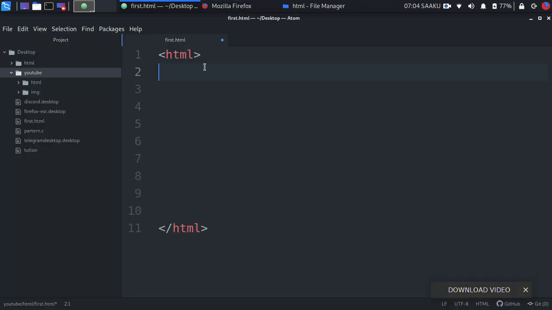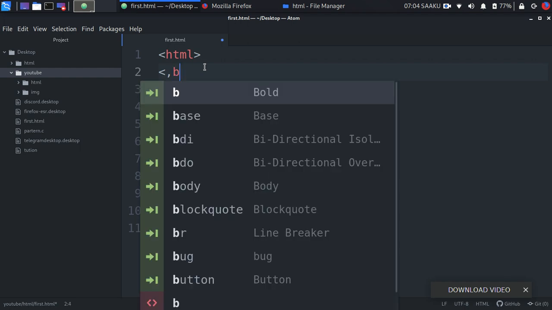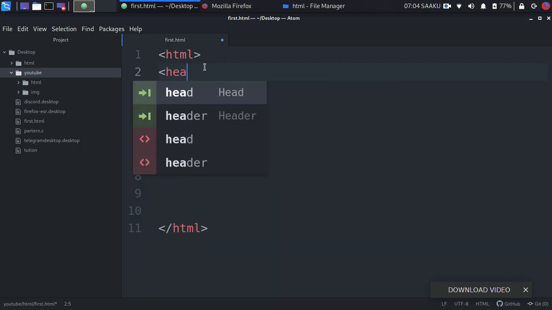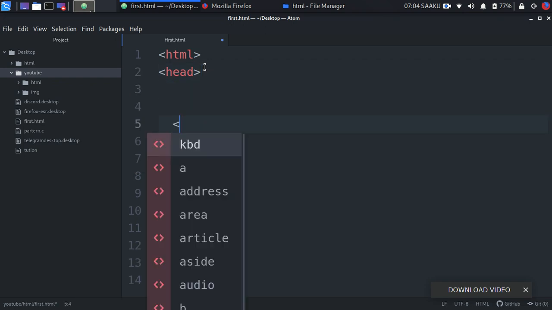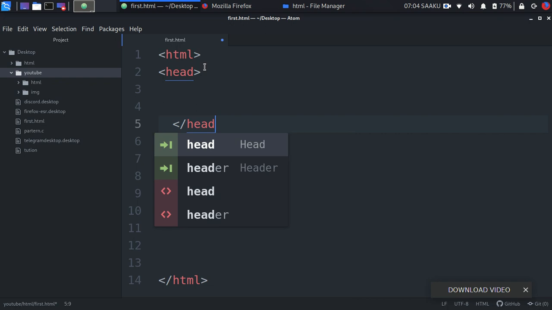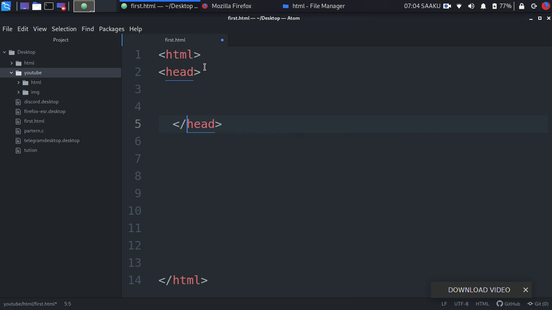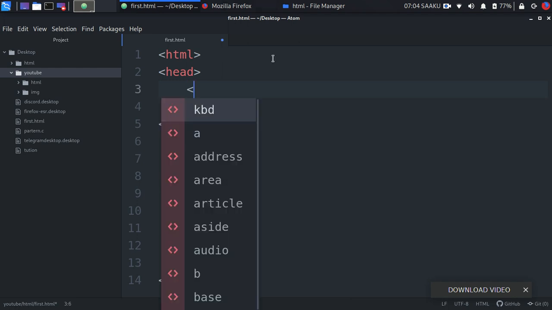So this part, where it's written root, desktop, YouTube and so on, we will write body. Now head, sorry, this part is called head. Whenever the head starts, it will end. Inside head, we are going to write a new tag which is called